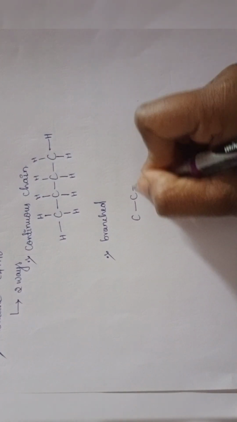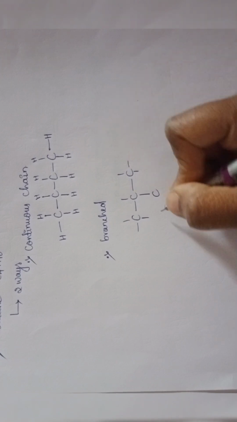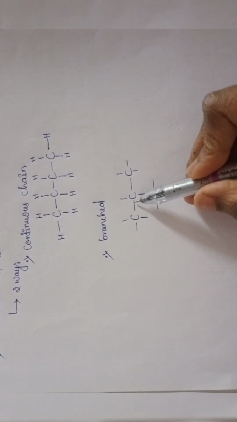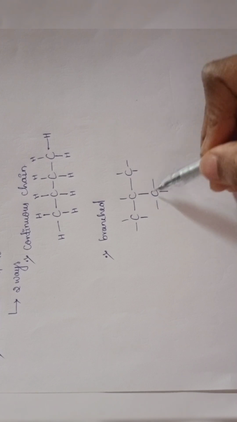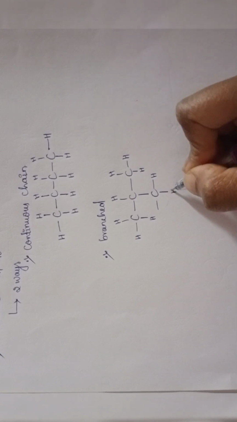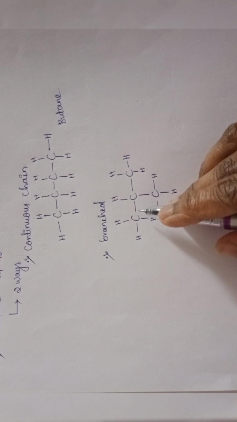In the branched structure, three atoms are attached continuously and the second carbon has the branch. Here also all the carbons are attached with hydrogens. The name for this is butane. For the branched one it is,